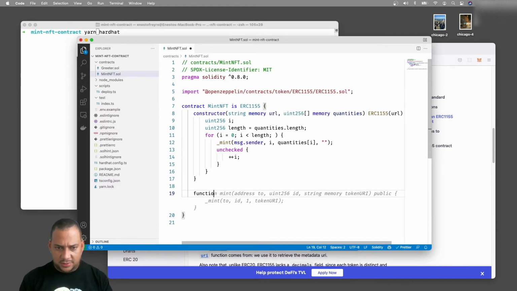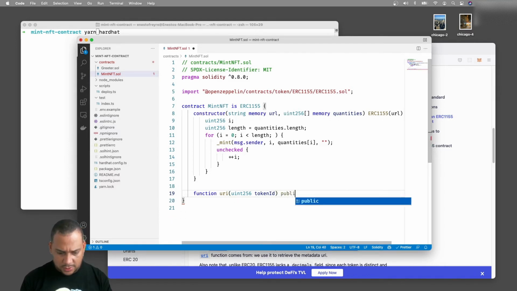So let's override the function. The function is uri, and the parameter is uint256 token ID. So we can do token ID, and this function will be public. It's a view. It's an override, and returns string memory.